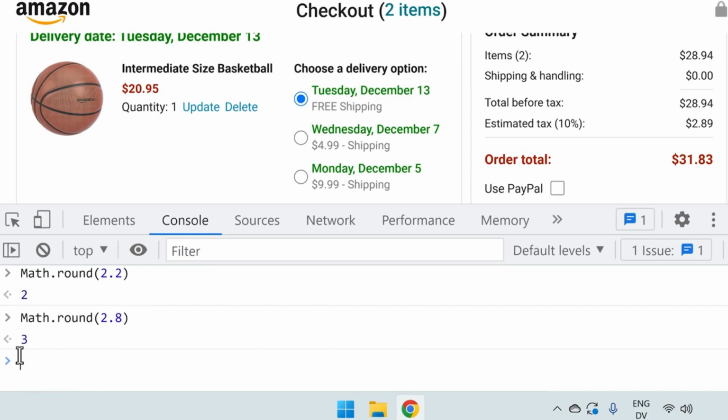Now let's do a practical example with Math.round. We're going to calculate the tax again, but this time we're going to round the result to exactly this number on the page. So first, let's calculate the tax. We'll go into our console and add the cost of the products in cents. So 2,095 cents for the basketball,